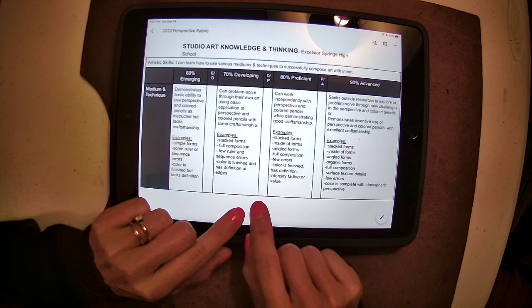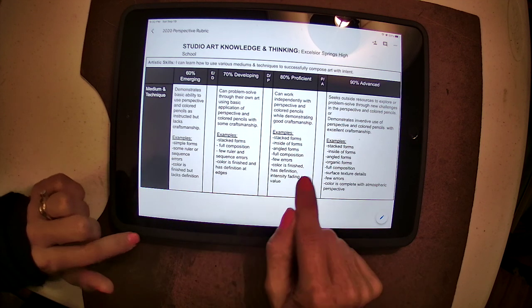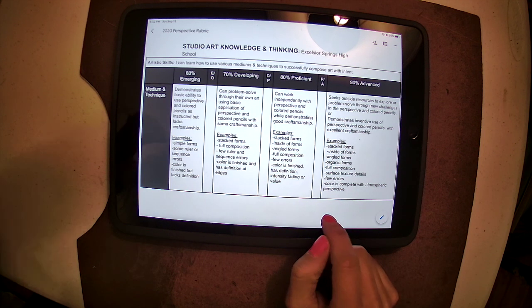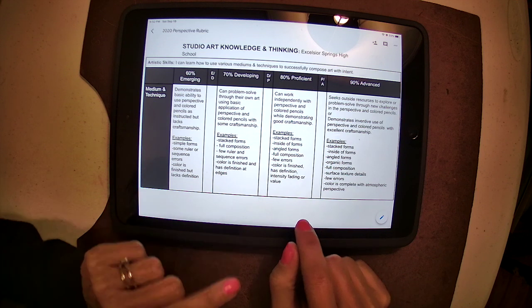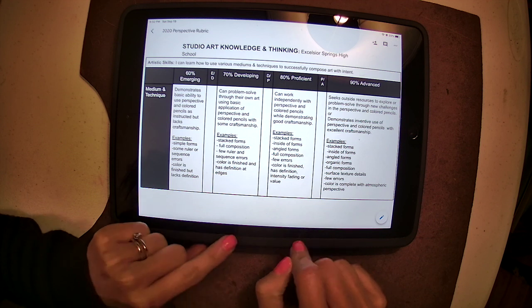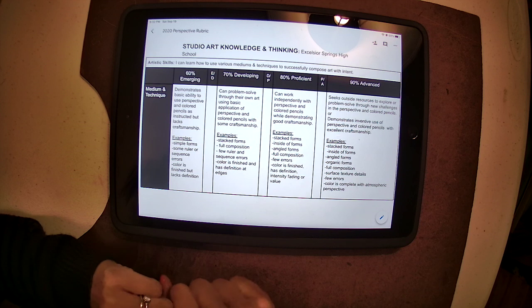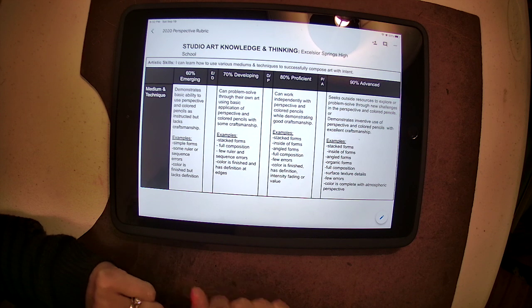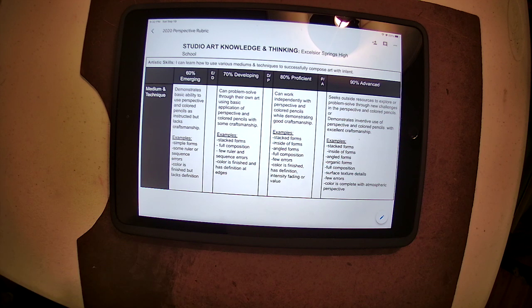So you're going to take some time today really looking through these examples. And if you have any issues or questions about what they mean, these are all things that we have covered in our tutorial lessons so far, but you can email me and ask me for clarification. And I'll do my best to get that info back to you. So take a good look through the rubric today, and then you can begin your research and your listing, your